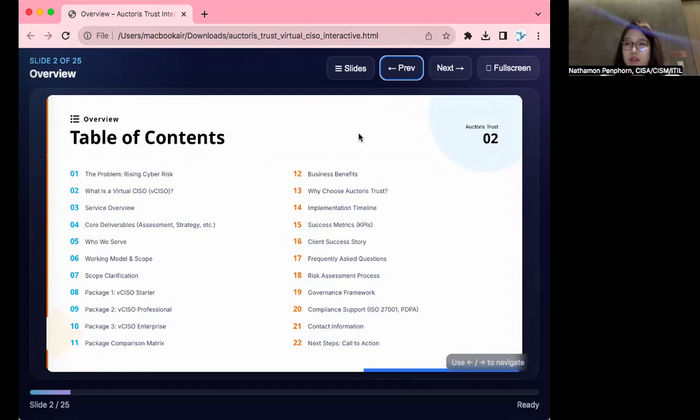Third, I would like to describe the service overview that we have right now and the core deliverables that you get if you buy our service, like an assessment, strategy, or roadmap. Then the working model, the scope clarification, and I will explain the packages, package 1, 2, or 3, from the starter, professional, and enterprise, and see whether